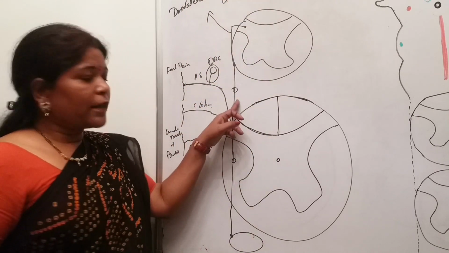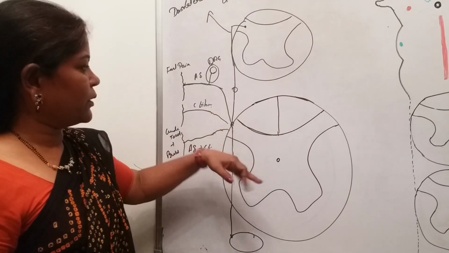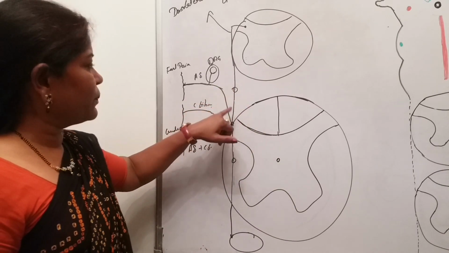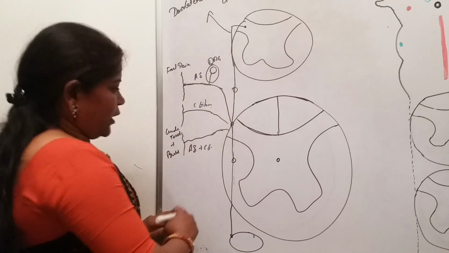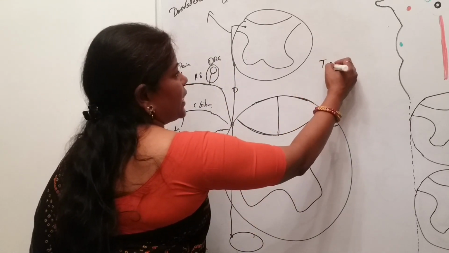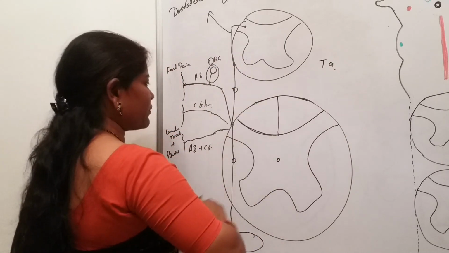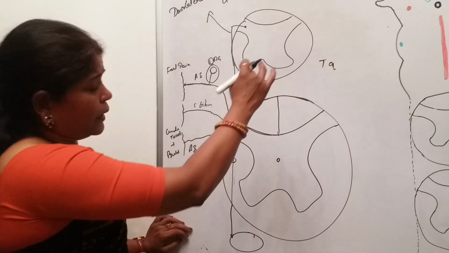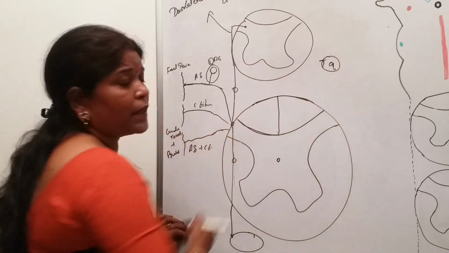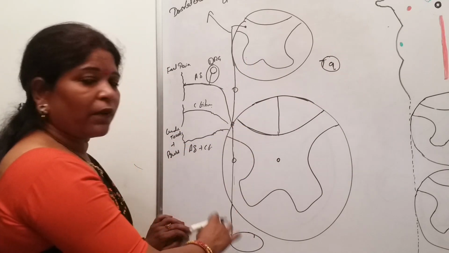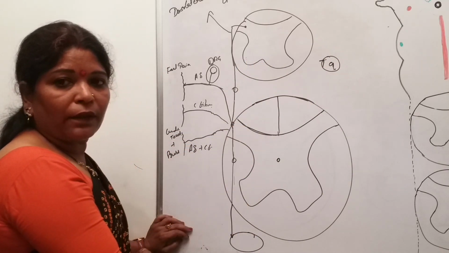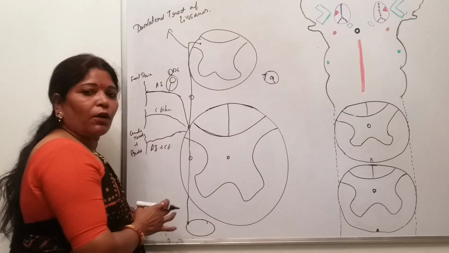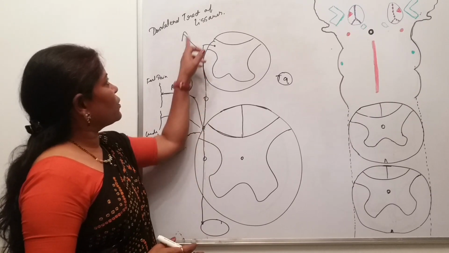Okay, so why is it important before knowing the detail of the pathway? Because of the presence of this dorsolateral tract of Lissauer, if the lesion is, suppose, on the T9 segment, with the fibers coming from below upwards, the sensation will be lost from the opposite half of the body, 2 to 3 segments below. So that is why knowing the importance of the dorsolateral tract is very important clinically also.